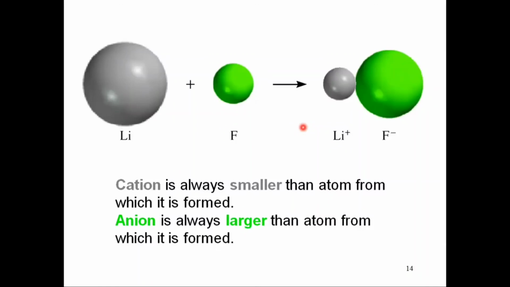And when you consider magnesium 2 positive and aluminium 3 positive, aluminium 3 positive has smaller radii than magnesium 2 positive because in aluminium 3 positive, 3 electrons are removed and the pull of the nucleus on the electrons becomes greater and greater, so their size becomes smaller and smaller. So a cation is always smaller than the neutral atom and an anion is always larger than the neutral atom. So this is all about the electronic configuration.